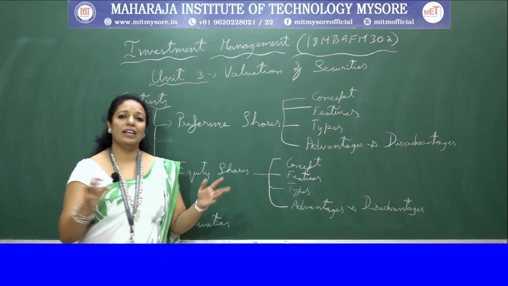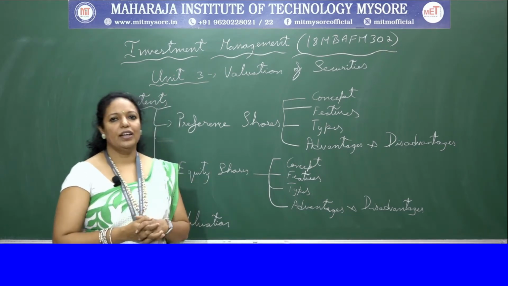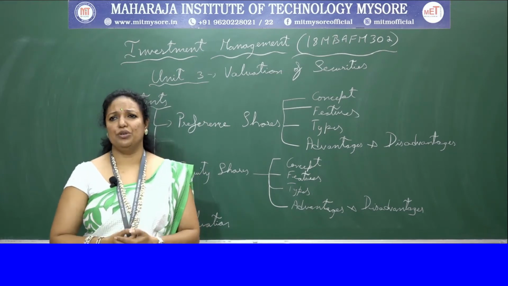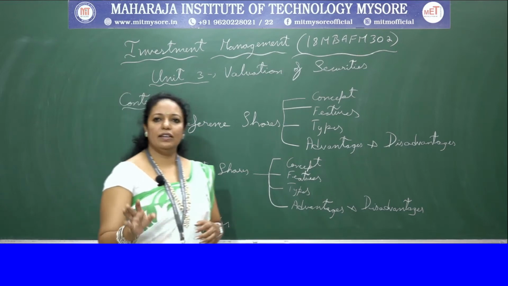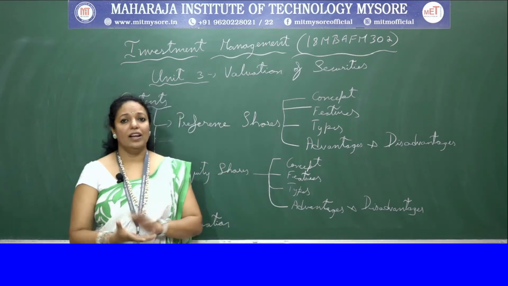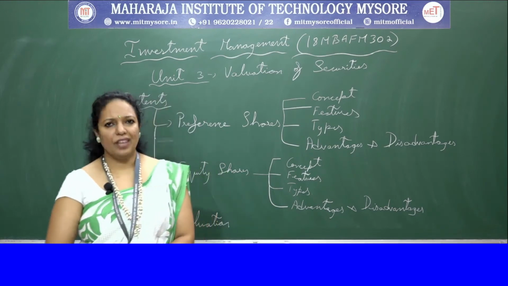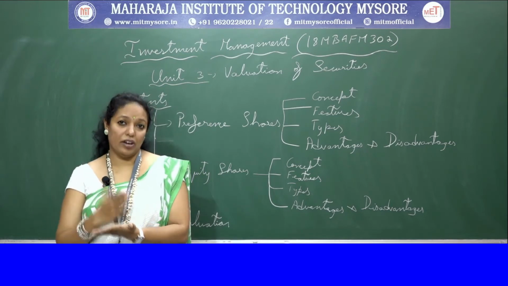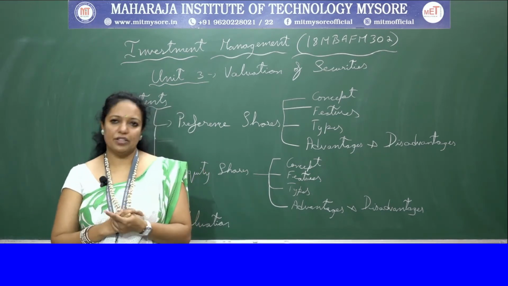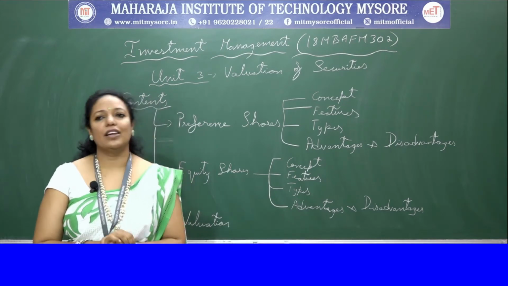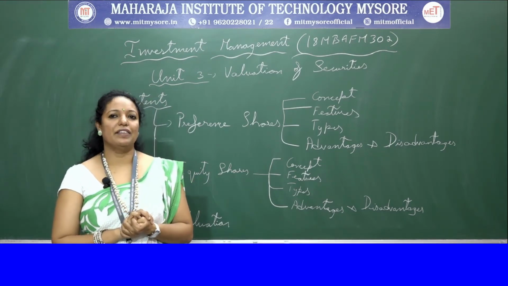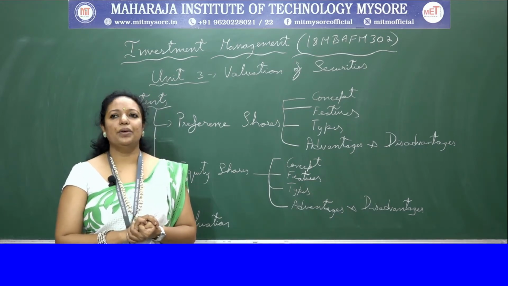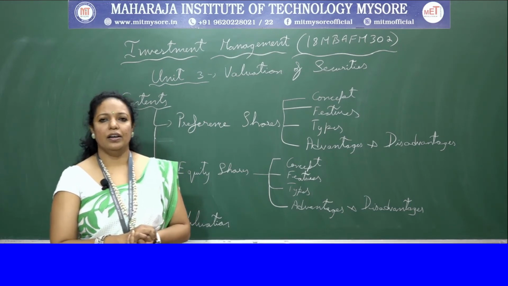All this can be done through the new issue market, where shares are issued for the first time. It can be issued through a prospectus to the public. Whenever you issue shares to the general public, you have to make the issue through a prospectus. First the application will be taken, then the allotment will be made, and the calls can be split into first call, second call, final call, according to your requirement, and you can collect the money from the people.